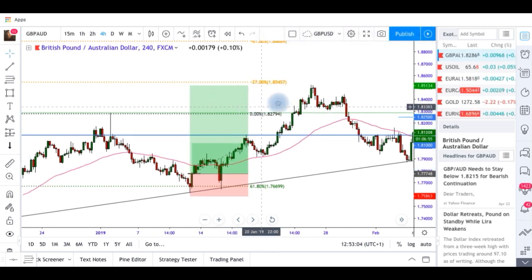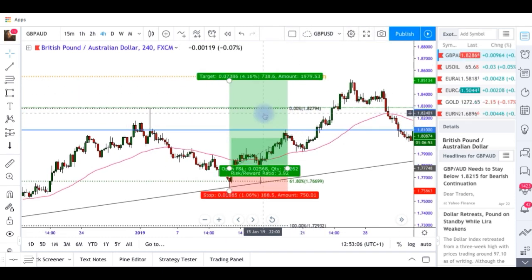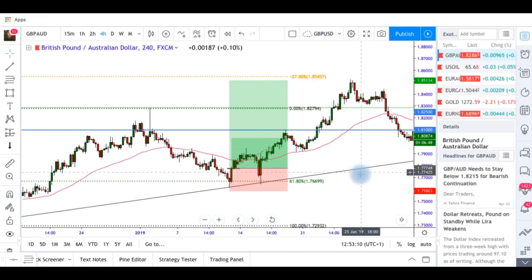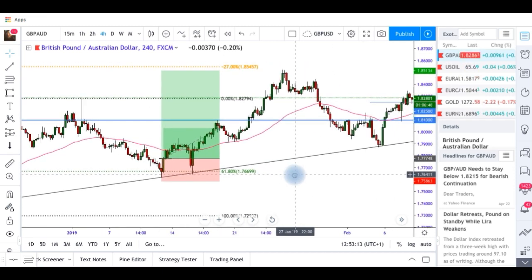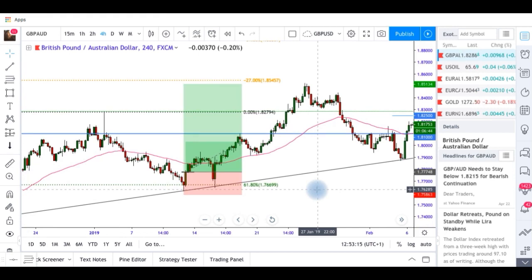So that's a 1 to 4. Okay, so it's risking 188 pips to gain 738. Not a bad trade. Not a bad trade at all. We would have taken some profit off of the 0% and let the rest ride to minus 27%, which obviously